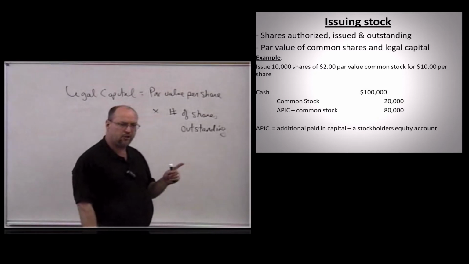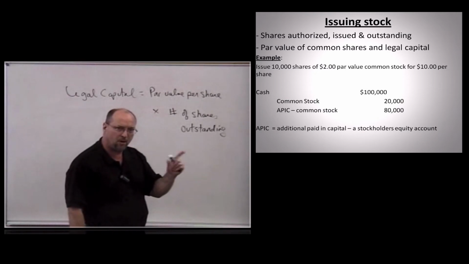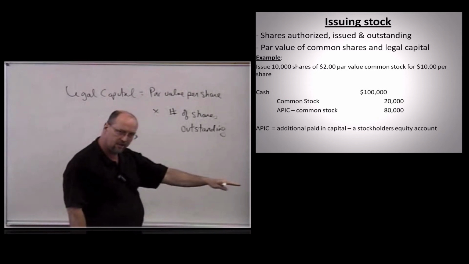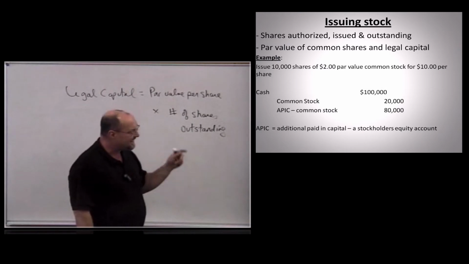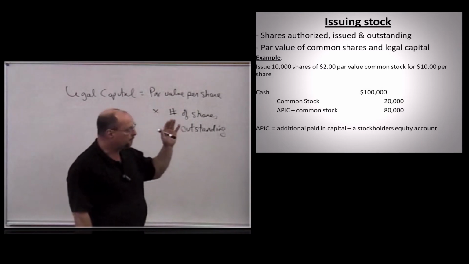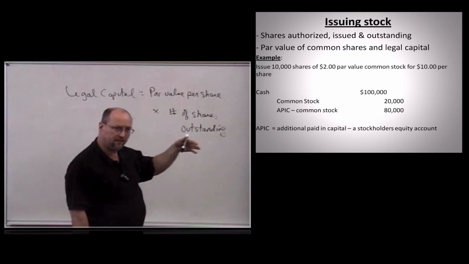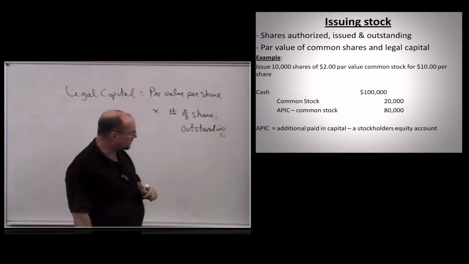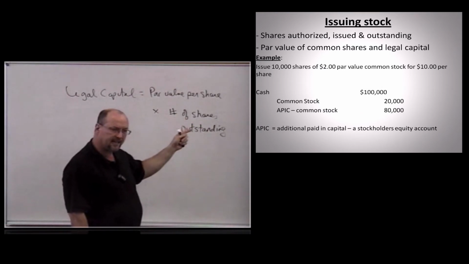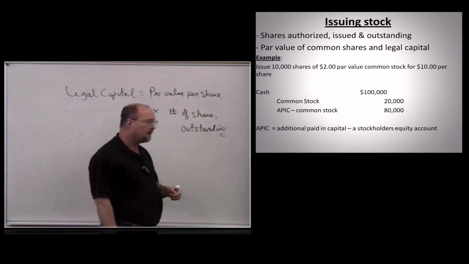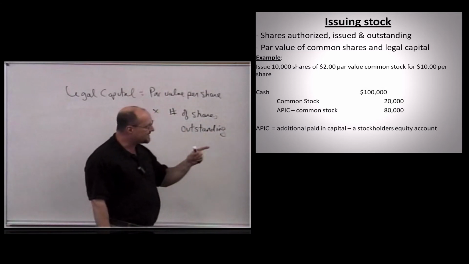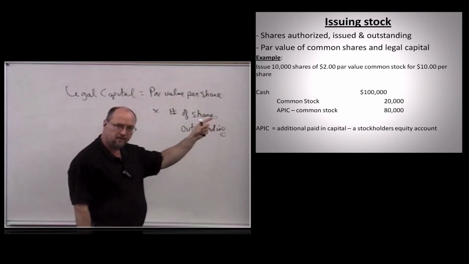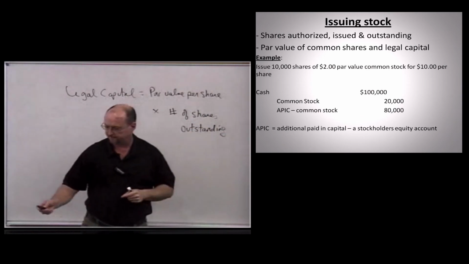Okay, onward. So we have this journal entry. If we had issued the stock at the same price as par value, we would simply debit cash, credit common stock. But all the time, literally, market value will exceed par value, and this is the journal entry we're going to see. The numbers may be different, but we're always going to debit cash, always going to credit common stock, always going to credit APIC for the difference between market value and par value per share.